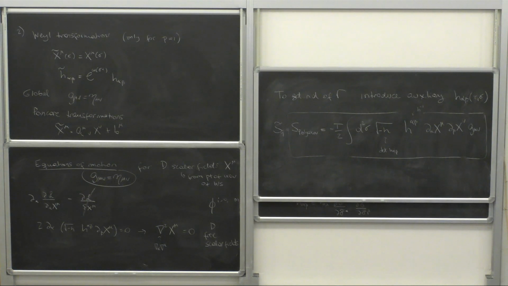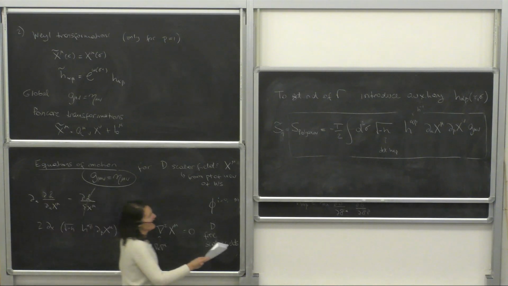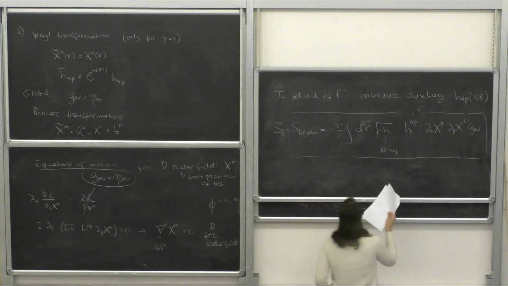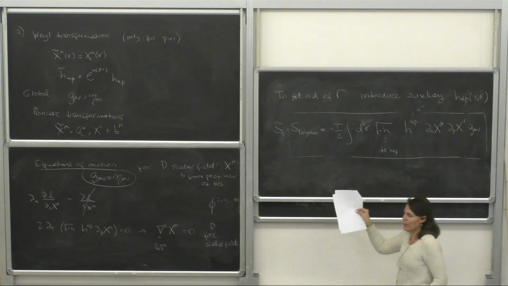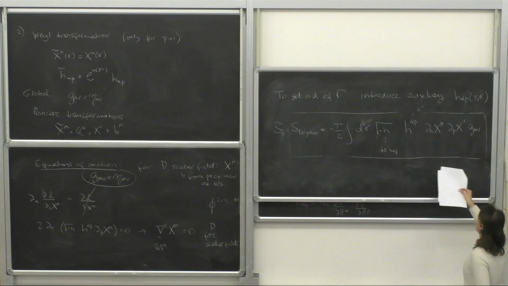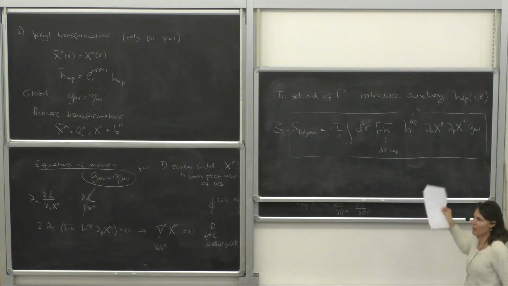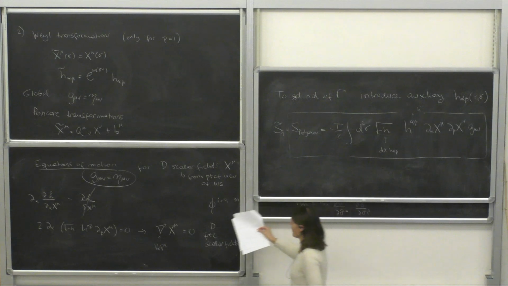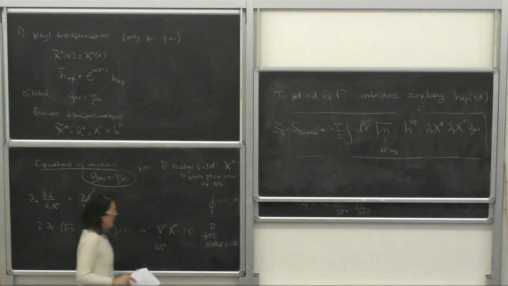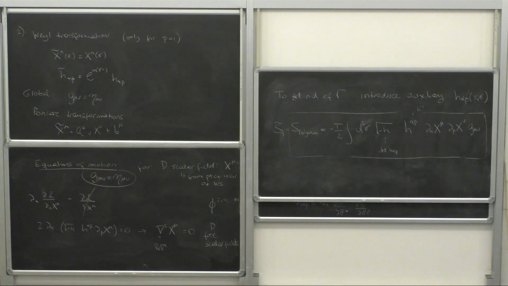Yes? Is there a physical implication of the fact that the embedding coordinates become free scalar fields of the worldsheet? Well, the way we saw it is from the Nambu-Goto action to the Polyakov action, and these were the embedding coordinates, and now these are scalar fields. And actually, this is the point that I was